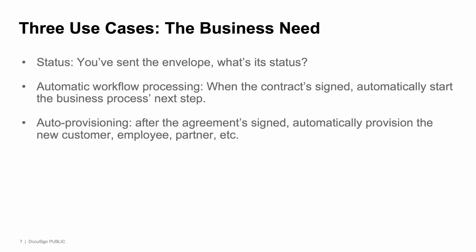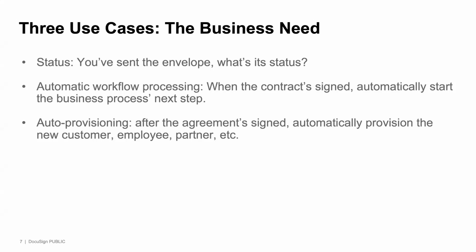So for example, Salesforce itself, one of our use cases, is a large customer of DocuSign. And if you become a new customer of Salesforce, about 80% of the time, the contract is standard enough such that Salesforce automatically provisions that new Salesforce account for the new customer after Salesforce receives the notification from DocuSign that the sales contract was in fact signed via DocuSign. And then in the other 20%, those are more special cases where they have to handle things a little more manually.